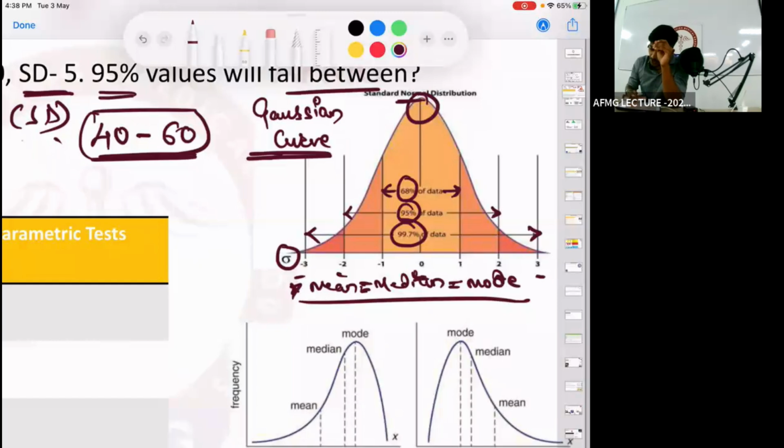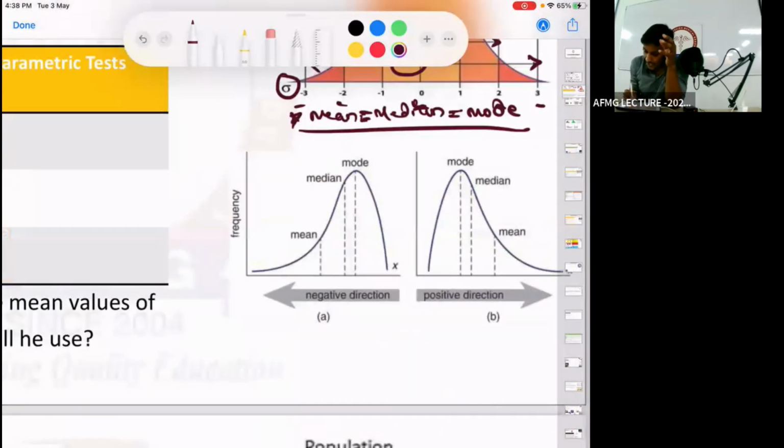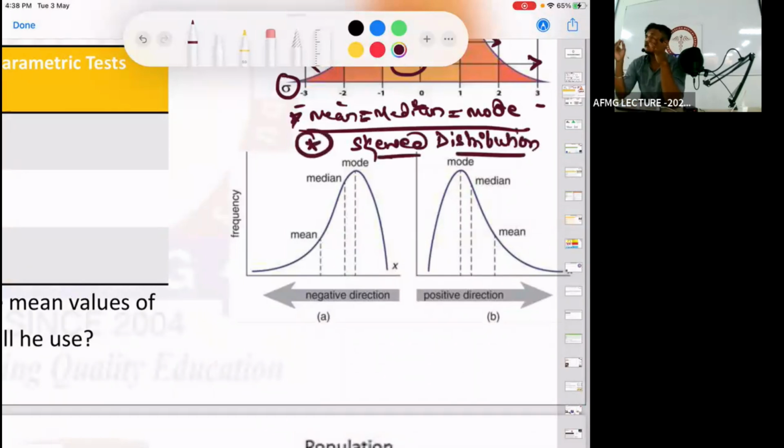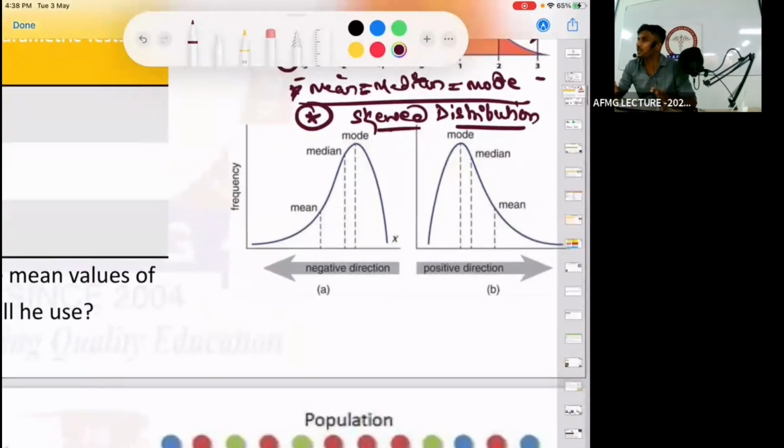If I talk about skewing, that means a skewed graph or a skewed distribution. What do we mean by skewed distribution? Either it is going towards the right or it is going towards the left. That means the majority of the values are on the right side or the majority of the values are on the left side. And how do we determine whether it is a right skewed graph or a left skewed graph? It is important by the direction of the tail. So this is the tail.